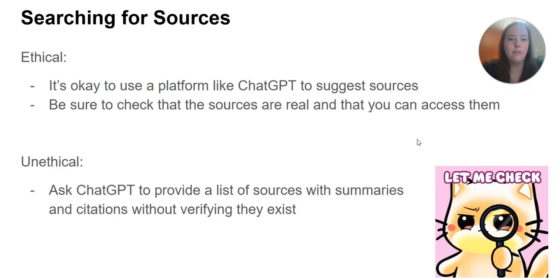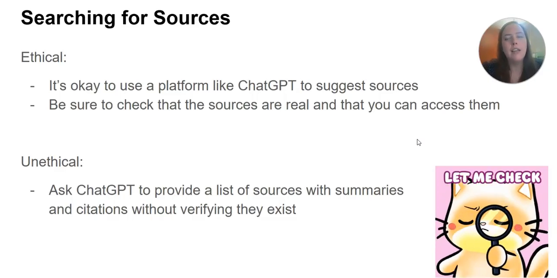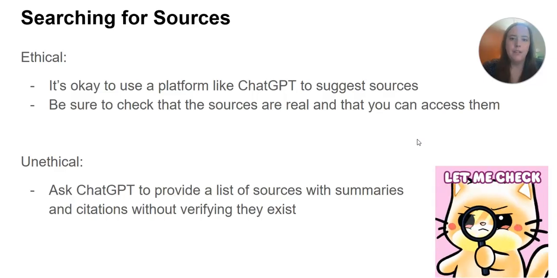So you really have to be careful, and you have to make sure that any sources that ChatGPT includes, if you're asking it for an outline or a little draft of a paragraph, if it's giving you any research, you have to verify that it exists. You would never want to just ask it for summaries of sources and then just trust that those sources are real. You want to check every step of the way that the source can be validated,